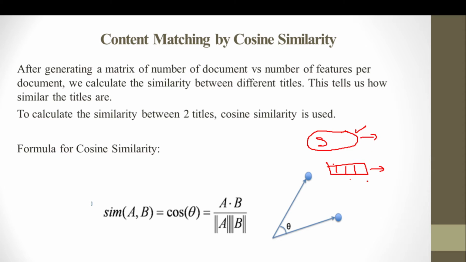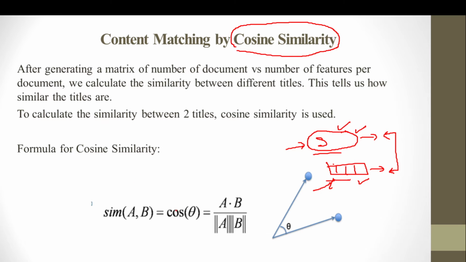Based on the importance of different words in the search criteria as well as the item description, we have to find out how similar these words are. And to find out this kind of similarity, we use the cosine similarity measure. So the cosine similarity measure is used to compare search criteria versus item description, and if these two are matching each other, then cosine similarity will be very high between these two terms, right? So this is how we do the content matching with the help of cosine similarity in a content based recommendation system.